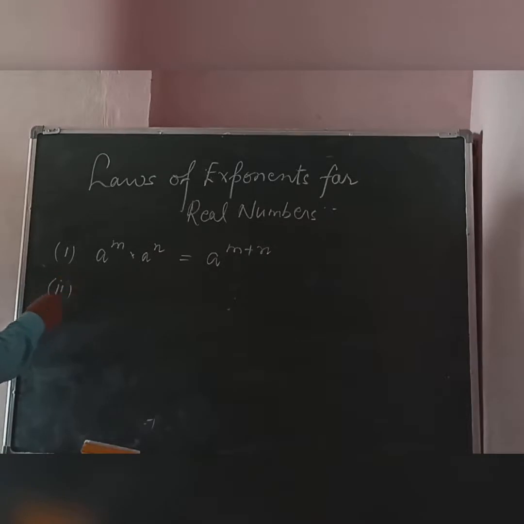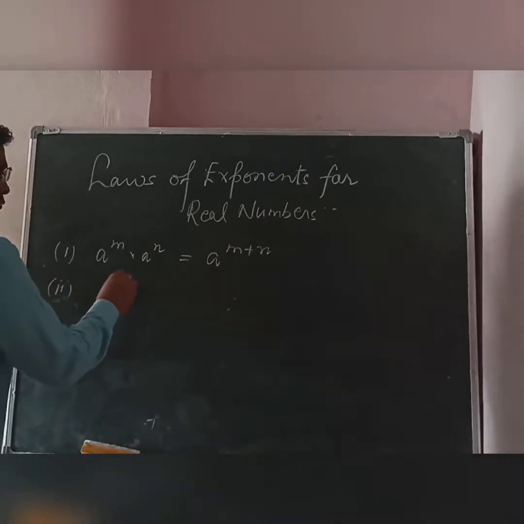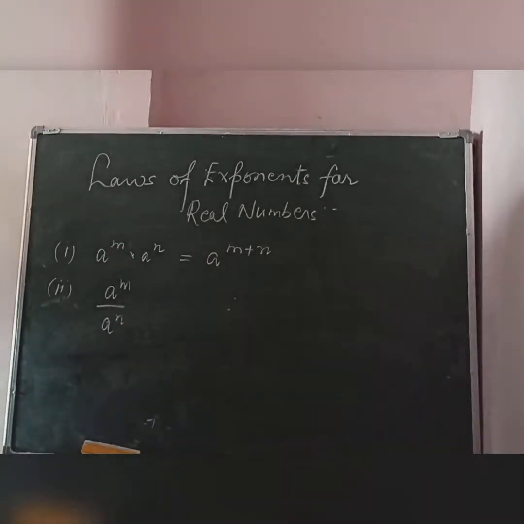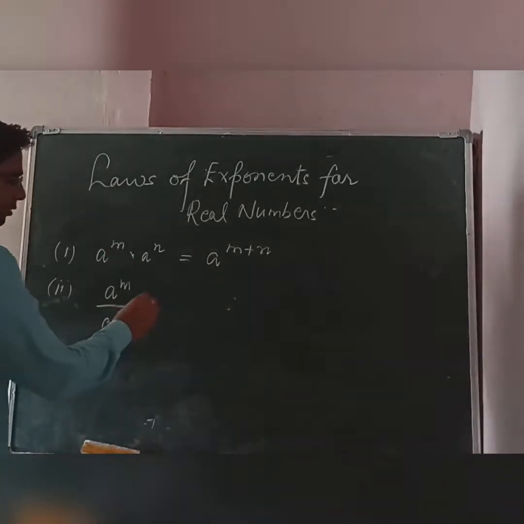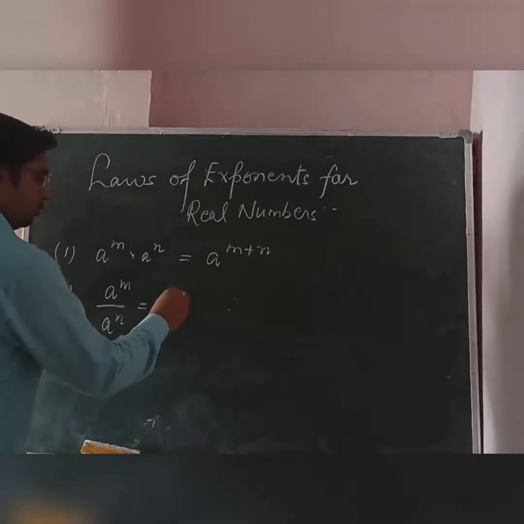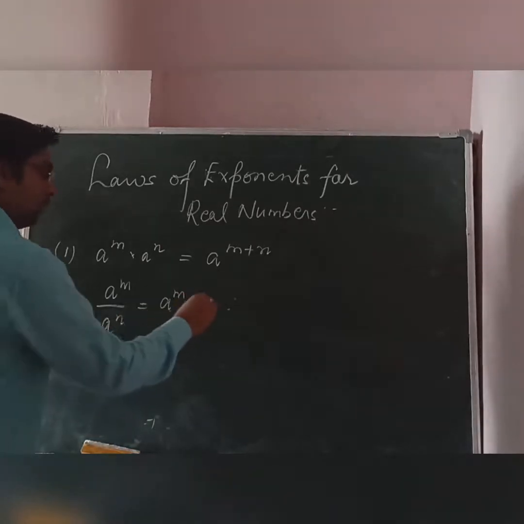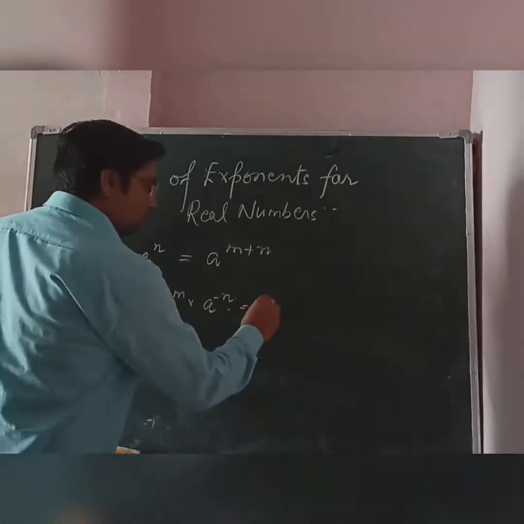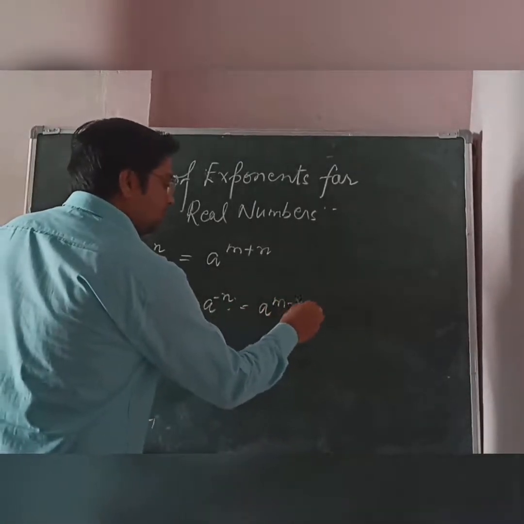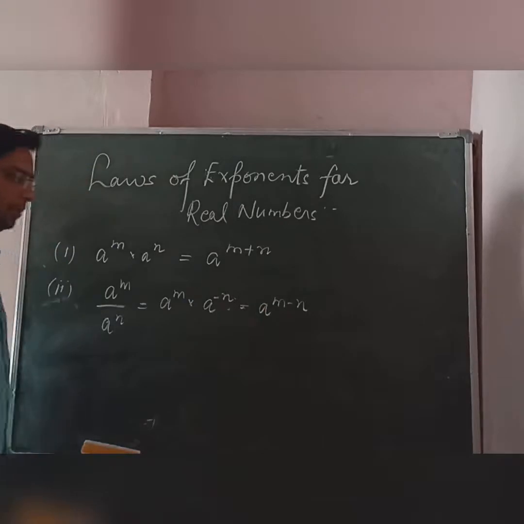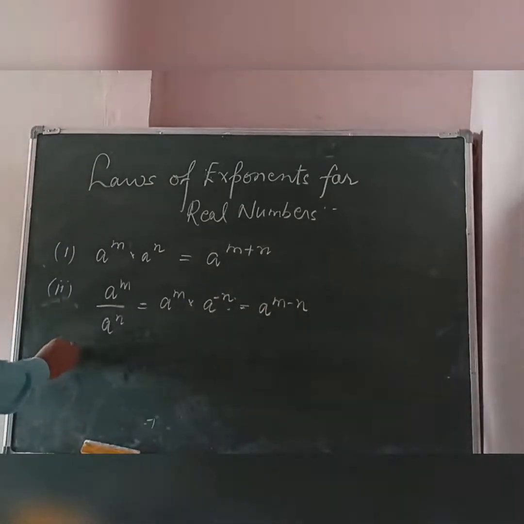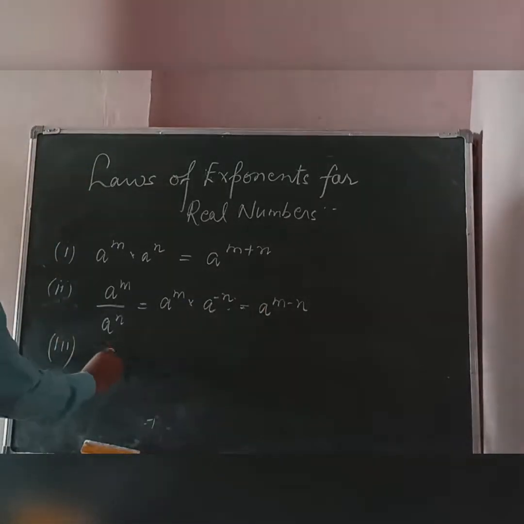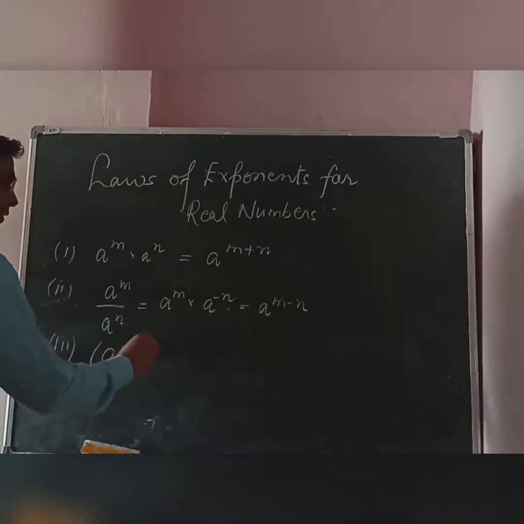Now if it is given a to the power m upon a to the power n, we can write this equal to a to the power m into a to the power minus n. So we can write this equal to a to the power m minus n. Third, if a to the power m whole to the power n is given,